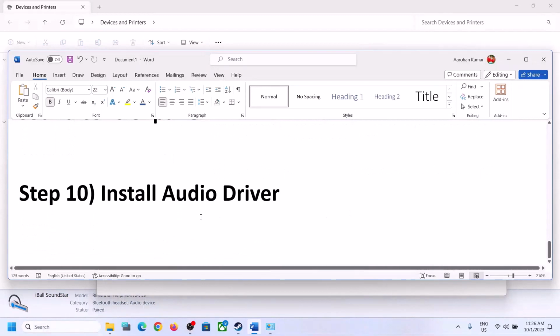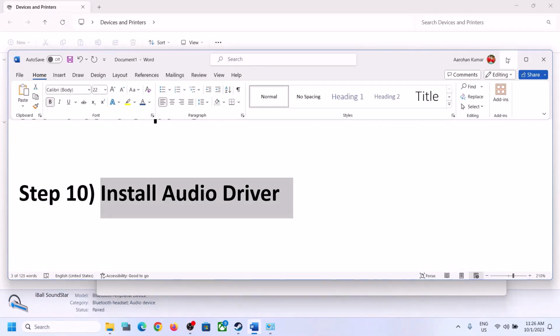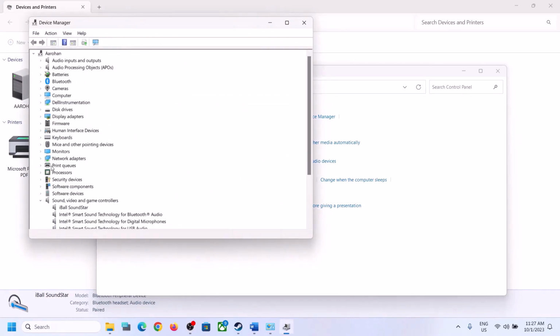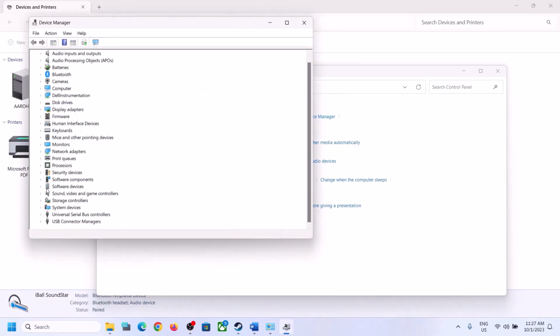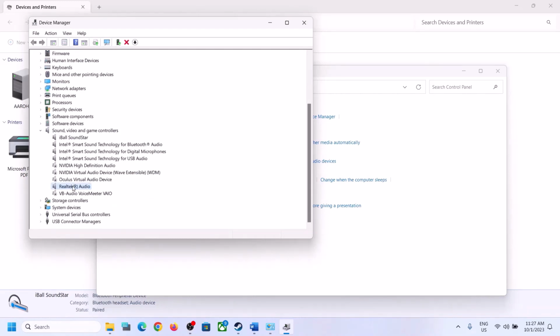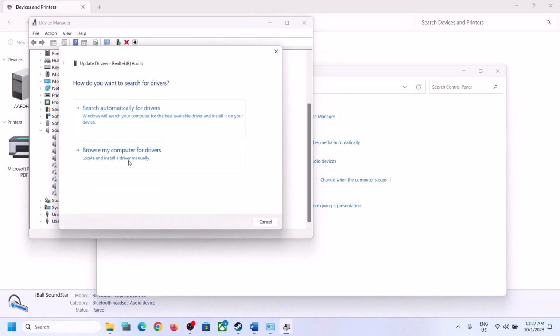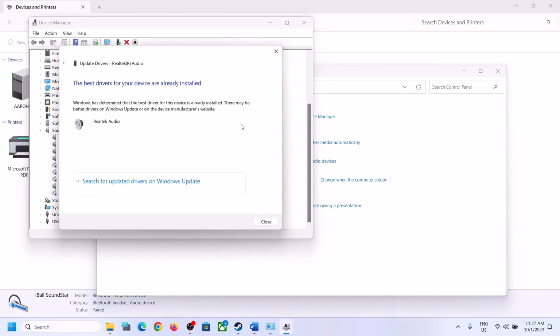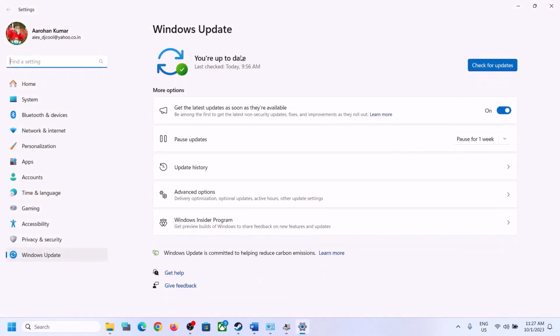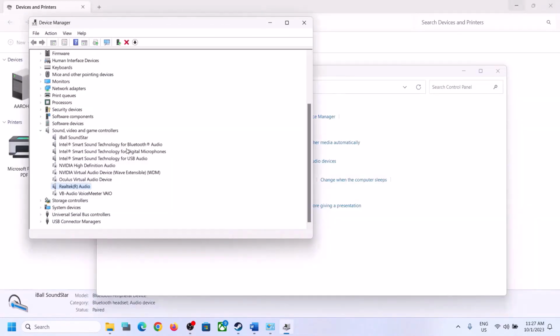Now the next step is to install the audio driver. To install the audio driver, make a right click on the start menu, then open device manager and then expand sound, video and game controllers. Select your audio device. In my case, it's Realtek. You can make a right click, then click on update driver and then click on search automatically for drivers. It will tell you to search for driver in Windows Update. Click on it. If there is any update, let the update complete, restart your computer and then launch the game